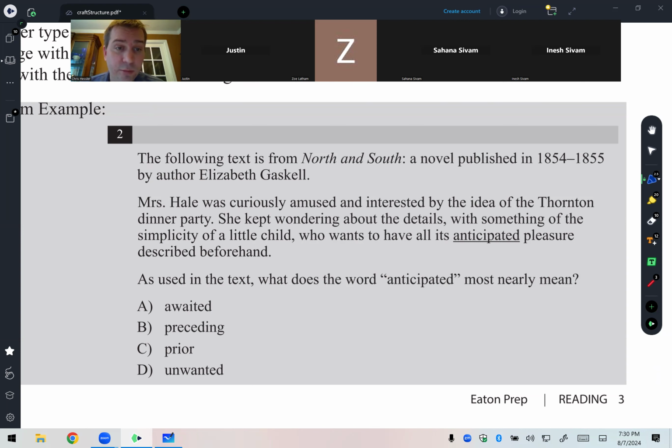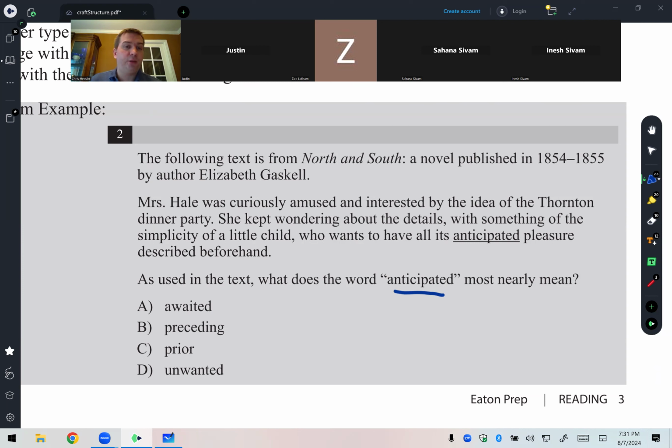All right, so here we have some answer choices. They want to know what does the word anticipated most nearly mean? So they want a synonym. Watch out for antonyms. I'm going to read some of these words back into the sentence, and let's see